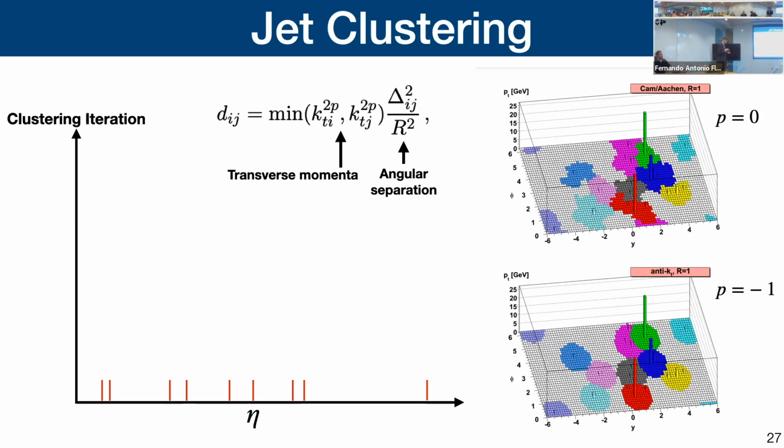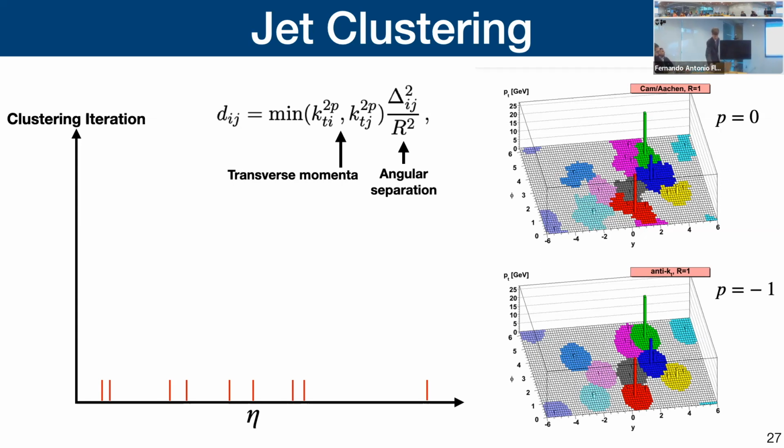Imagine you have some particles shown here in one dimension, pseudorapidity. In our detector it's actually in two dimensions, but this is just a simplification. You have an iterative procedure where you compare the distances between particles using this equation that depends on the transverse momentum and their angular separation, and you start grouping them together. There's a parameter here, p, that you can set to any particular value. Common ones are p equals -1, known as anti-kT jets, which tend to be circular. You can also use p equals 0, known as the Cambridge-Aachen algorithm. In this example, I'm going to use the Cambridge-Aachen algorithm because it simplifies this equation a little bit.